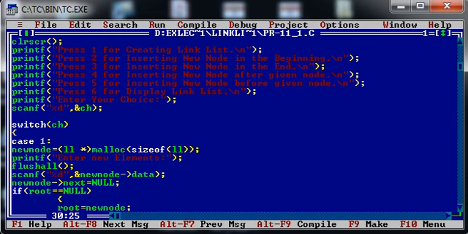If we declare malloc size of integer, then it will reserve 2 bytes for a particular variable. Similarly, over here I have written new node is equal to LL pointer. LL pointer is used for typecasting. Malloc size of LL.